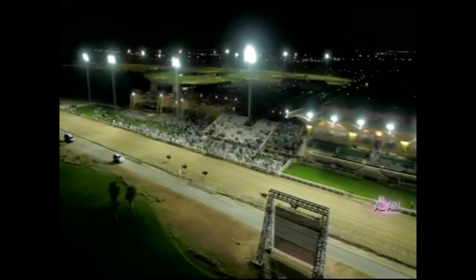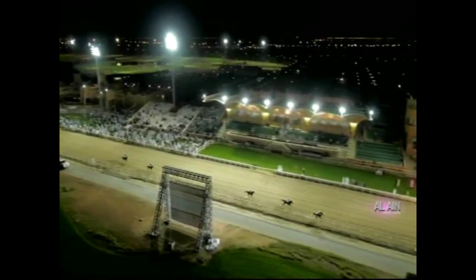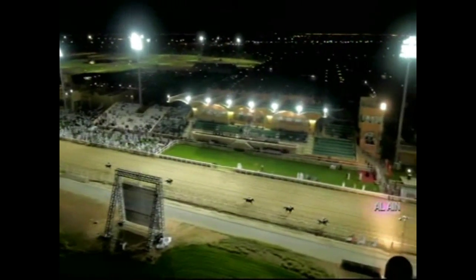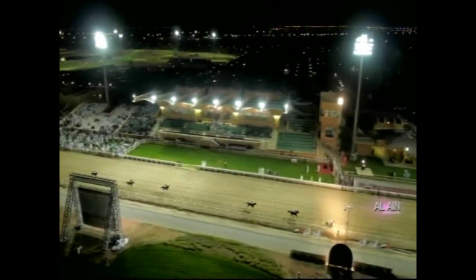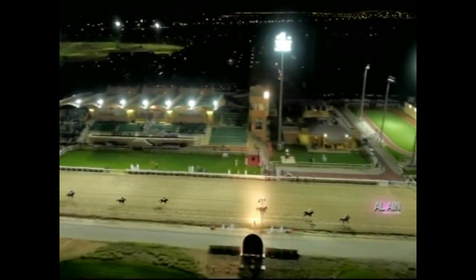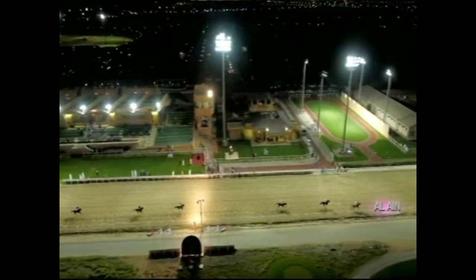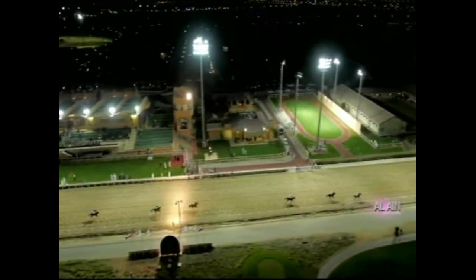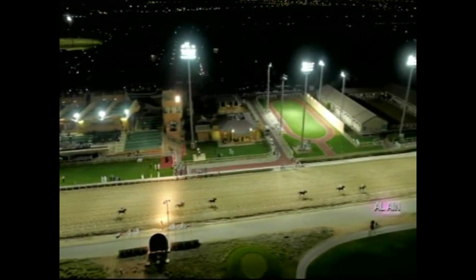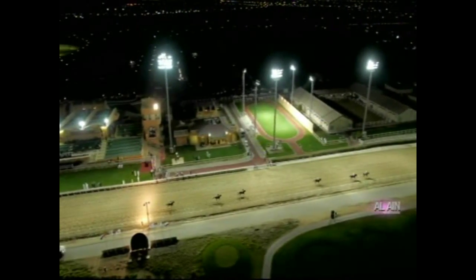Interesting camera angle. There's a big screen I was mentioning earlier, and lovely shot there of our winner, RB Smoking Rich, and just shows you how strung out they finished. That's from our flying robot. Yeah, that's what I might call it. I like that. The two out the back, Nassim Al Reef, and there again, even further back, Zephyr, were under pressure a long way out under Wayne Smith and Dane O'Neill, respectively. They were never going